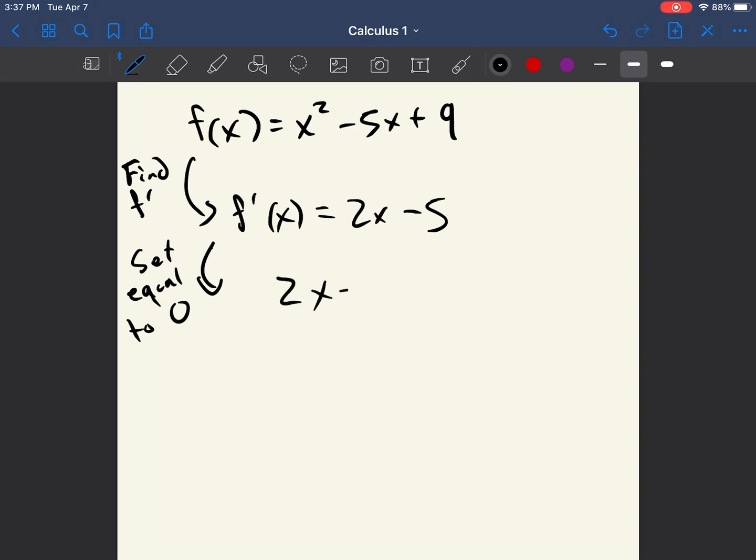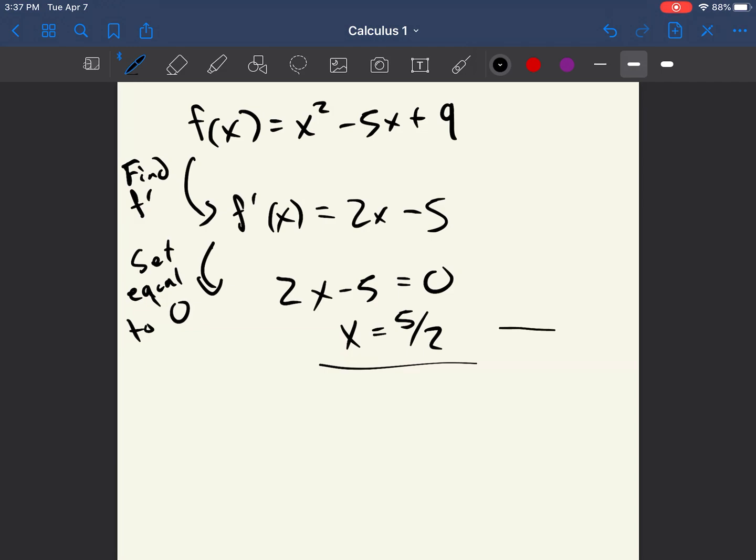So then I have 2x minus 5 equals 0. Solve this for x, you should get x equals 5 over 2. And this is giving me a minimum for this function f. So you might ask yourself, how do we know it's a minimum? Well, you can try out the first derivative test or the second derivative test, meaning you can try to write